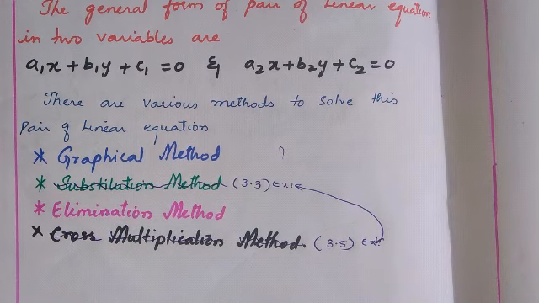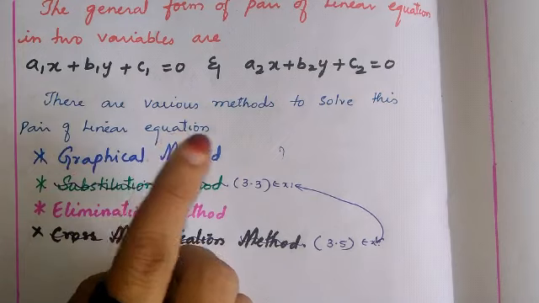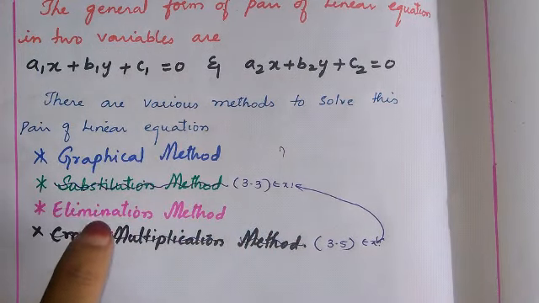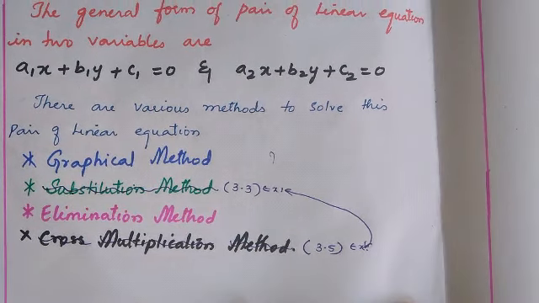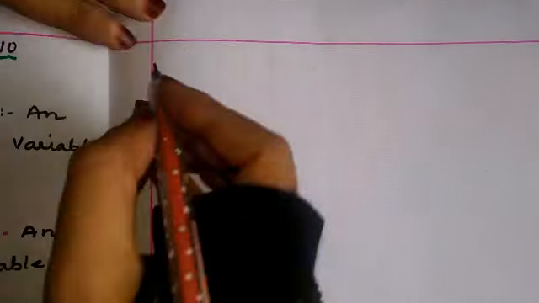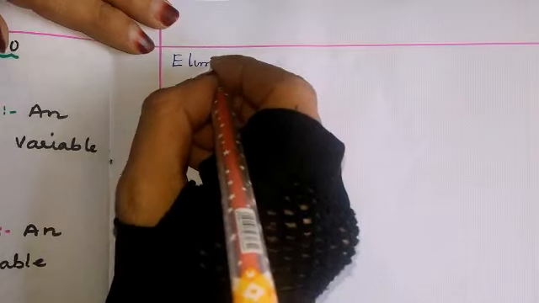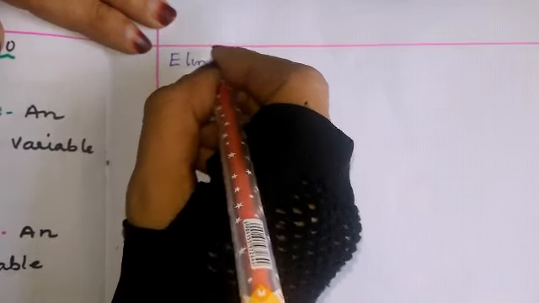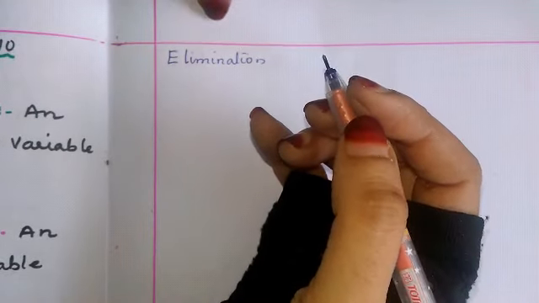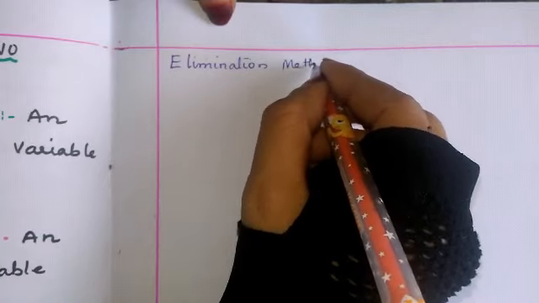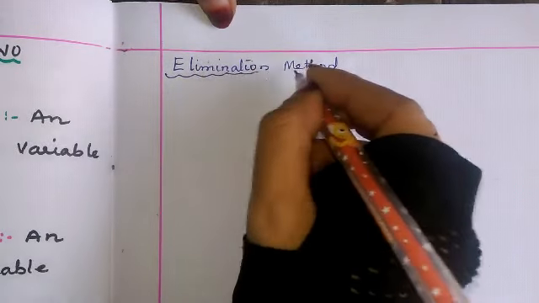In the graphical method you will have to draw a graph, and you know how important graphs are. Regarding the graphical method, I will teach you in my next videos. But now we will start with the elimination method. I'll do one example based on the elimination method, because substitution and cross multiplication are reduced and graphical I will do later on. Then we will go for exercise problems.